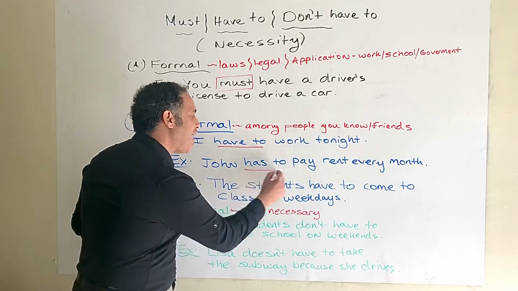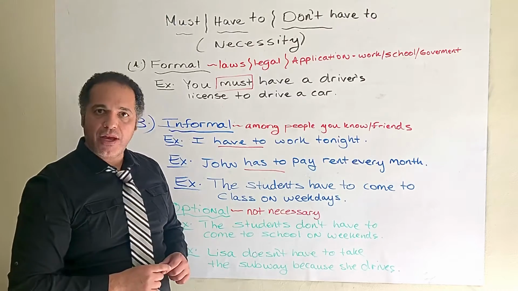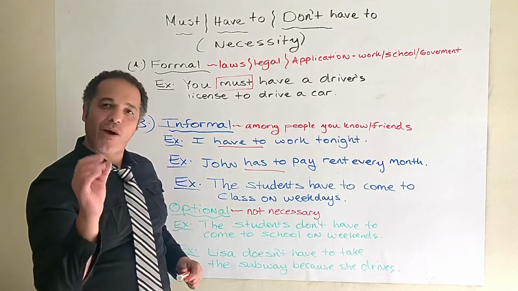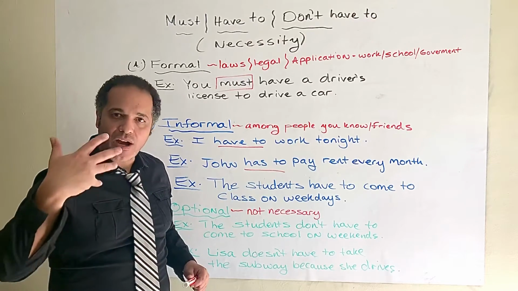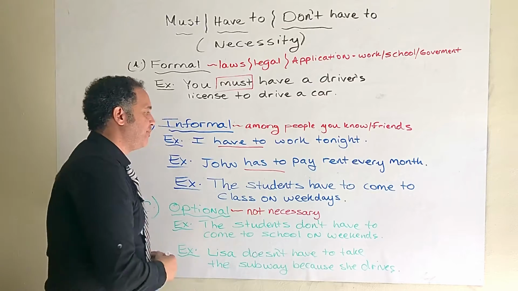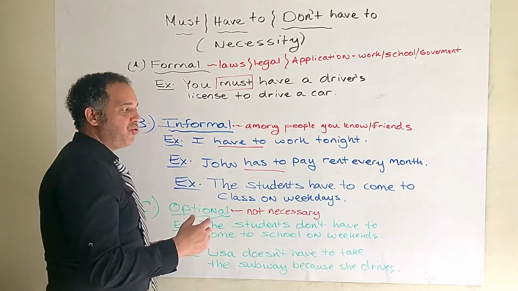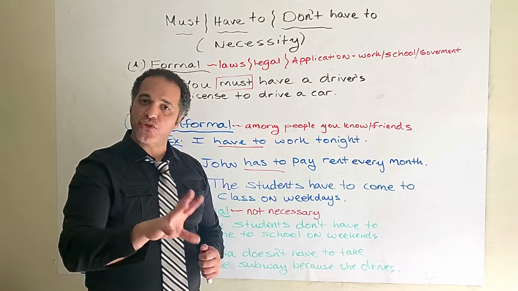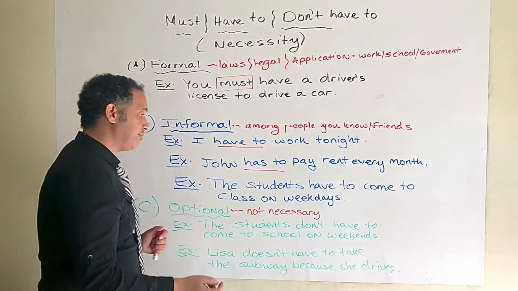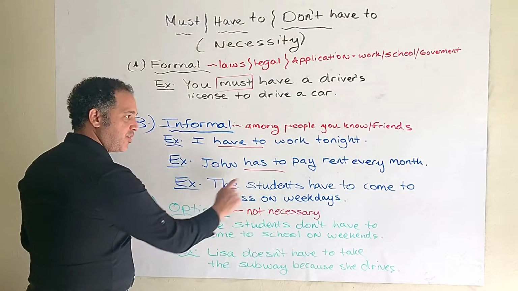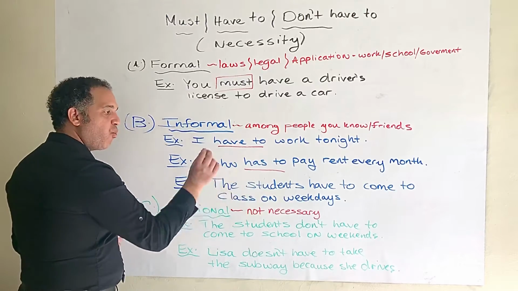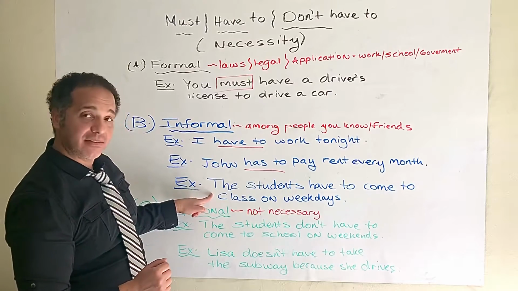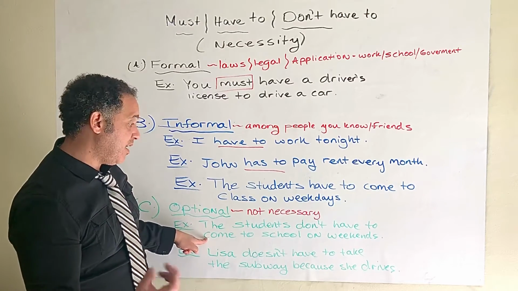John has to pay rent every month. Can I say must in those instances? Yeah, you can. What I'm trying to show you is which ones are most common. Now, if you have a choice, if you have an option, that's when we use don't have to or doesn't have to. For example, the students have to come to class on weekdays. Weekdays is Monday through Friday. So, instead of saying that's necessity, I can say the students